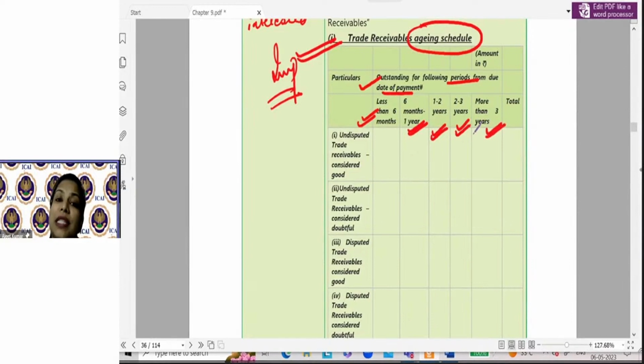Students, this is one of the recent amendments in Schedule 3, as I was telling you in the last session, also effective from April 21. Earlier, what was the bifurcation? Up to 6 months, more than 6 months. See, why this bifurcation? Again, I'm telling you that all these disclosure requirements that the company is required to give,